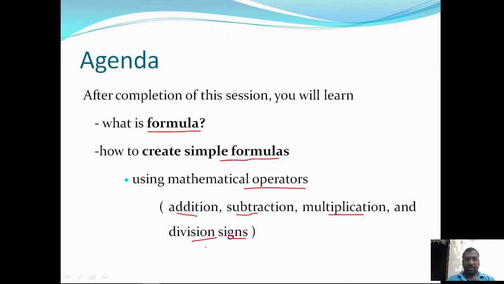Here, signs are nothing but symbols: this is the division symbol, plus is the addition symbol, minus is the subtraction symbol, and star represents the multiplication symbol. By using these basic mathematical operators, we are going to create several formulas in worksheets. That's what we are going to discuss in today's session.